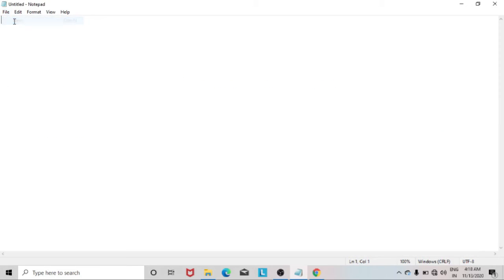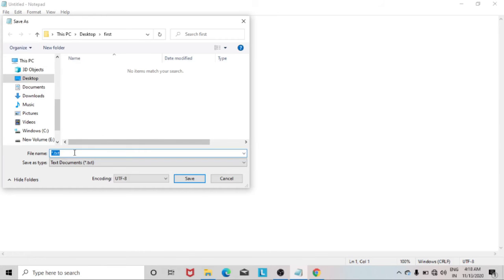So go to New, here, just Save As. I had created one file on the desktop first, and inside that I have put my HTML file there. So to connect that HTML file to the CSS file, you have to do that.